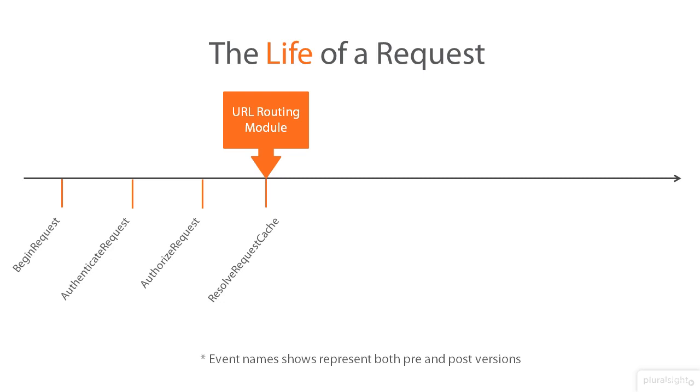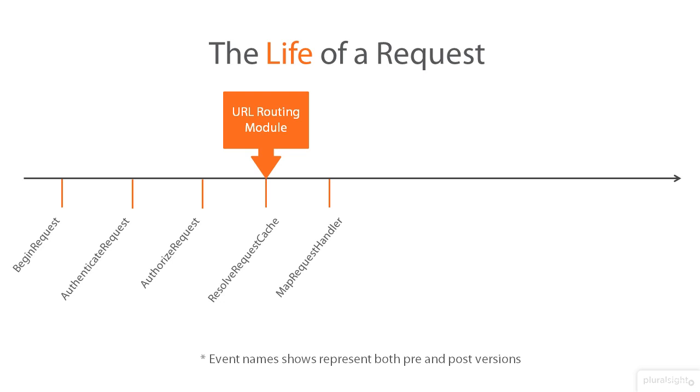This can be kind of confusing because the events immediately following handler selection are called map request handler and post map request handler. These names imply the handler is chosen during these two events, but technically it is not. This is kind of a quirk with ASP.NET because certain versions of IIS do not support the map request handler